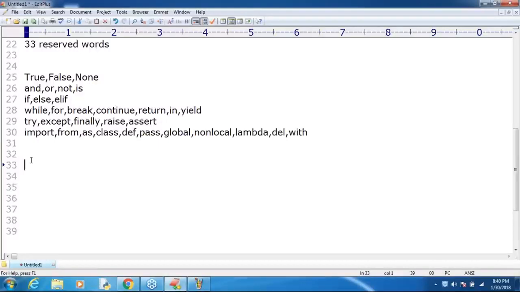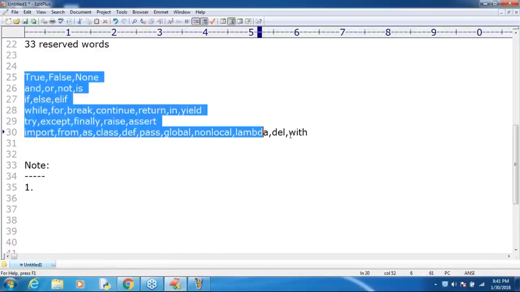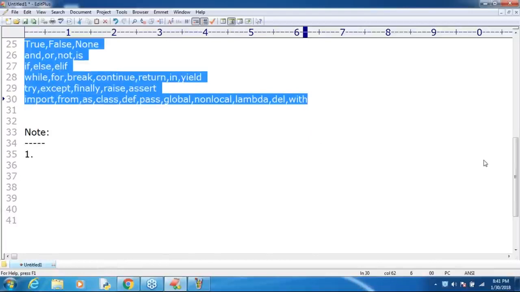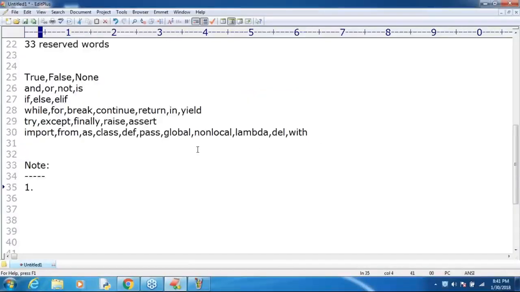Now take very special care about this terminology, right? Sir, there are some important points I have to talk about. If you observe all these 33 reserved words, how many reserved words are there? Respond, you are silent. 33 reserved words are there, sir. In all these 33 reserved words, there is one common point. Anyone, can you please tell what that common point is? Okay, there is one small common point. What is that common point?